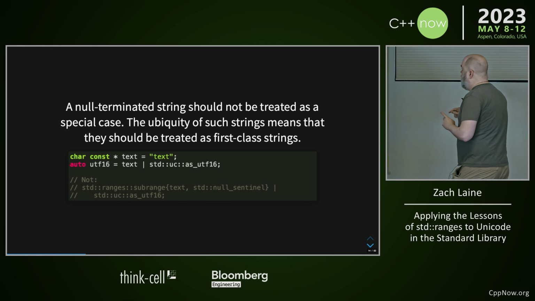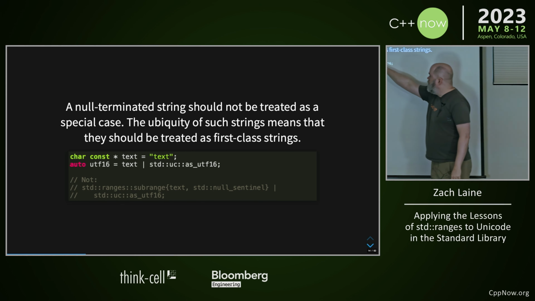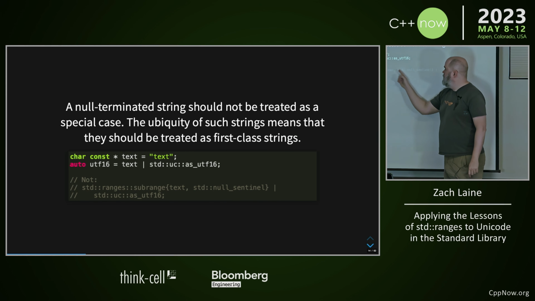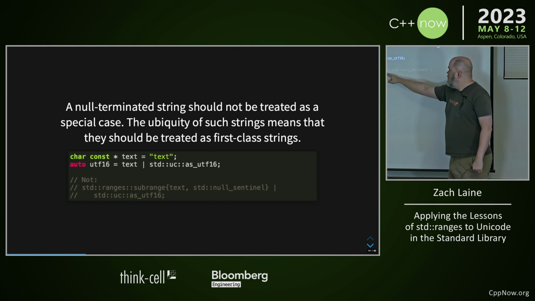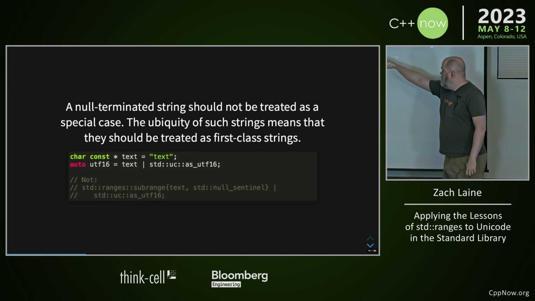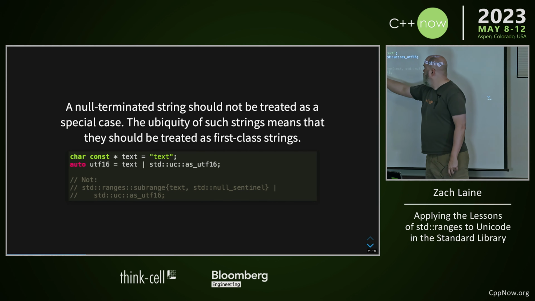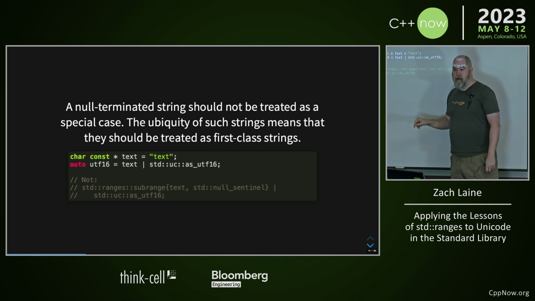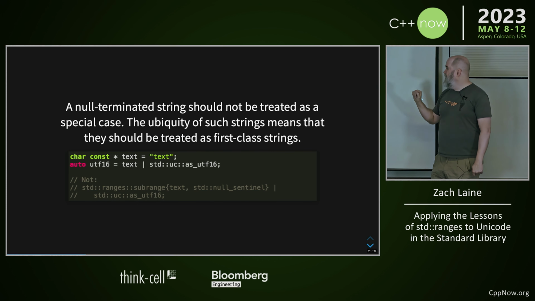But I think it's easy to do once you realize that this const char star is isomorphic with this, which I hope is not too dim. This is std::ranges::subrange, where the first element, the iterator, is that const char star, and then we've got this thing called null sentinel here, right? So I could have written this subrange here instead of just the const char star. But what I found was that if I have some kind of adapter that makes that kind of subrange out of it, I basically have to do it